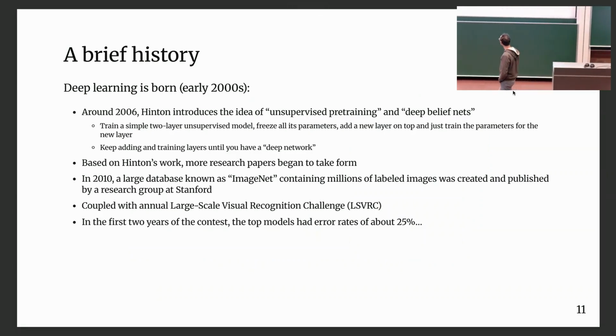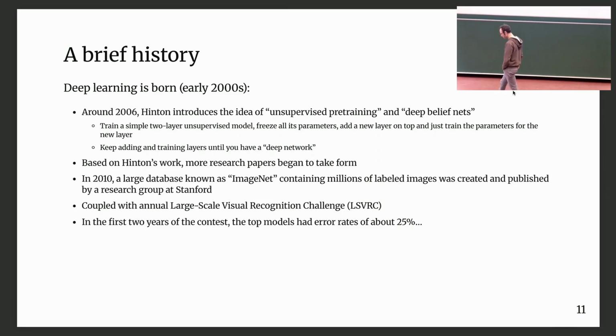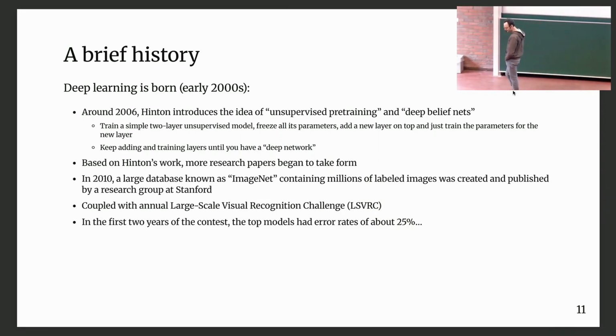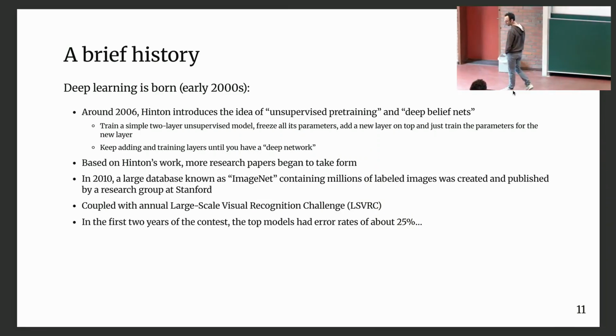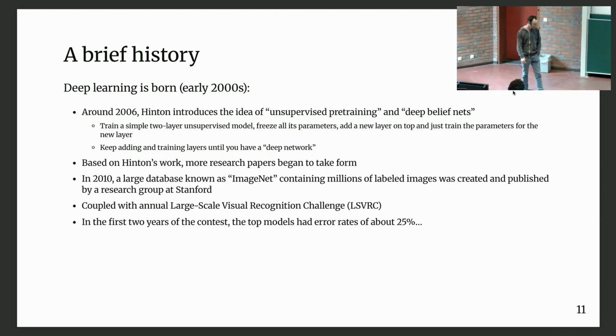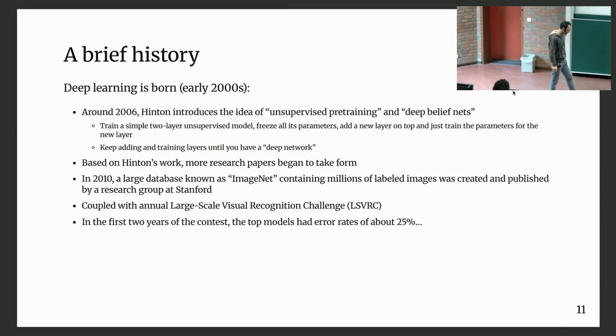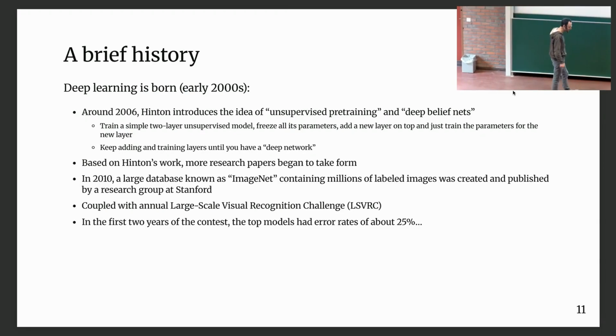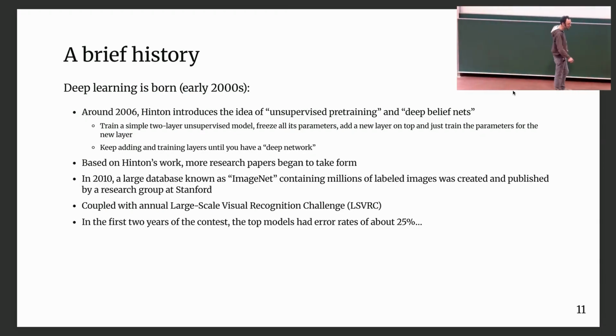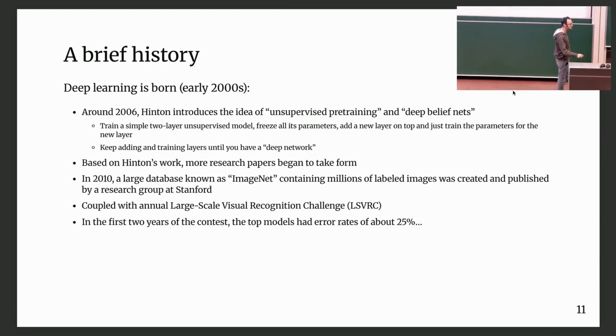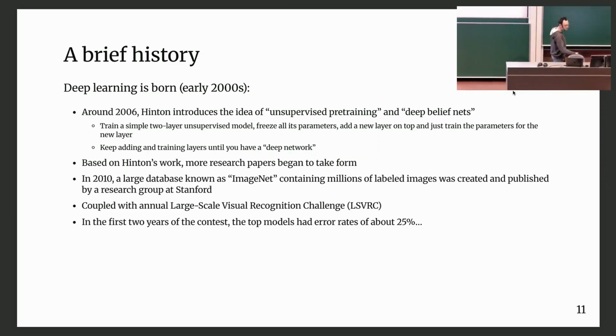Now, it was only around 2006 that this became really viable. This is also the reason why people were not using simple artificial neural networks for tabular data, because it just didn't make sense. And there was no way that you could make them much deeper or larger, because computationally that was not really possible. Until